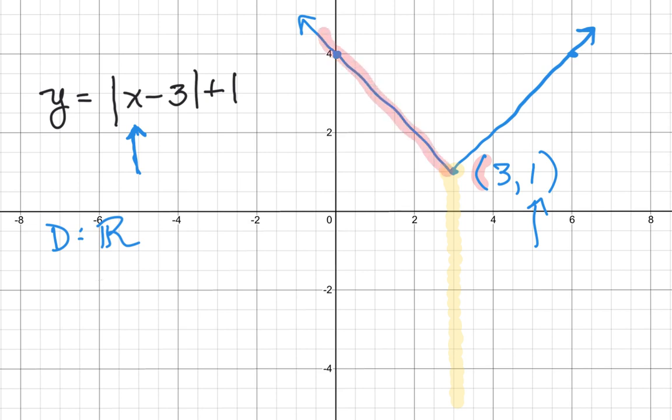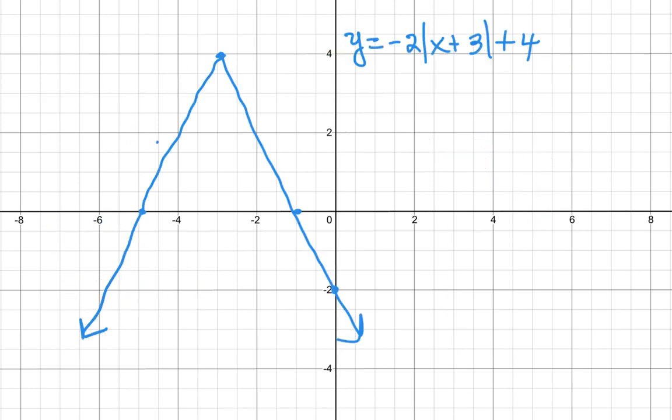And then after that, I hit every point in the y direction. My range here is all of the y's that are greater than or equal to 1. So if it's going up, my y's are greater than or equal to whatever the y value of that vertex is. And if it's like the other function that we looked at earlier,